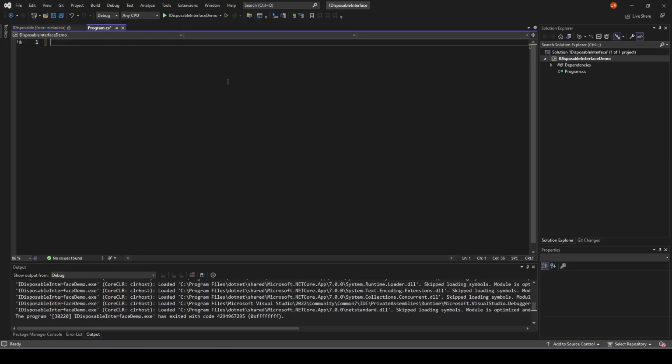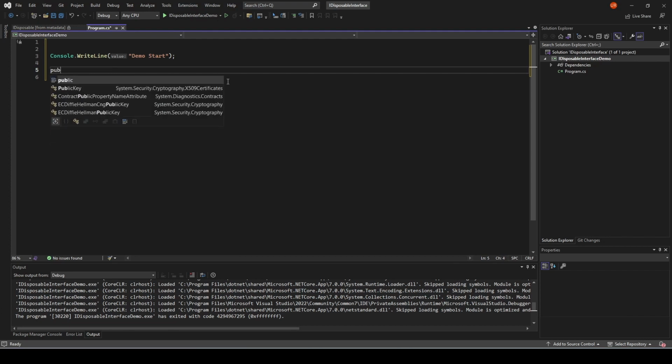So in .NET, we have an IDisposable interface which has a Dispose method, and that Dispose method gets automatically called whenever your object is no longer used. Let me explain what I mean by that. If I simply do this, maybe demo start,